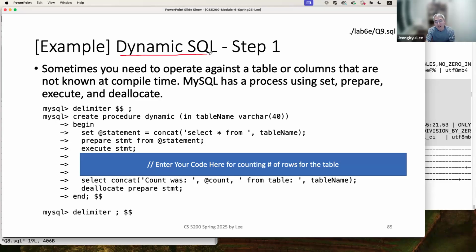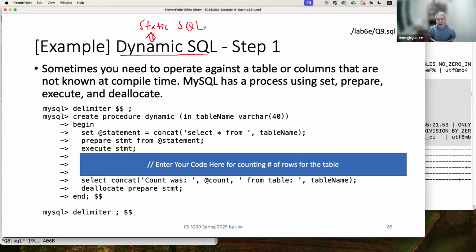To understand what dynamic SQL is, the opposite of dynamic SQL is called static SQL. So what is static SQL? Static SQL means your query is fixed and will not be changed, just like select from employee. Select from employee will not be changed in your application. However,